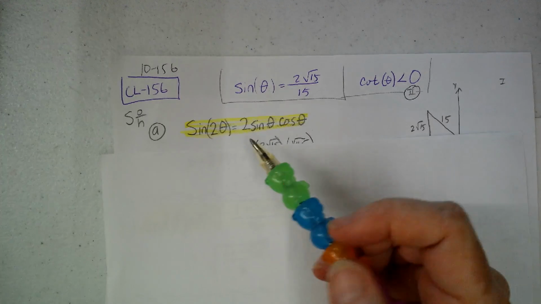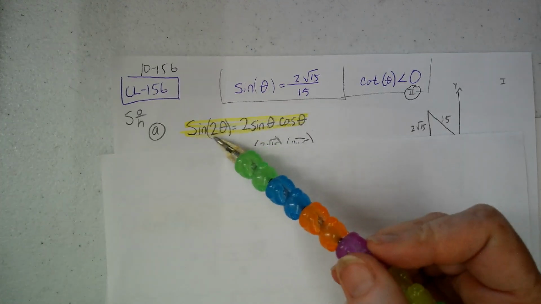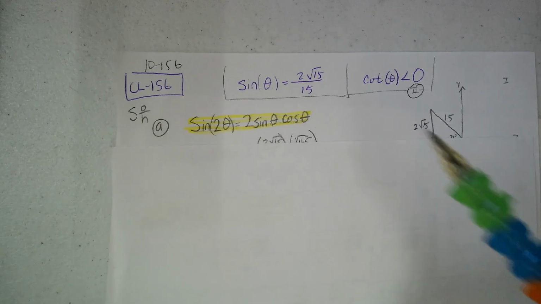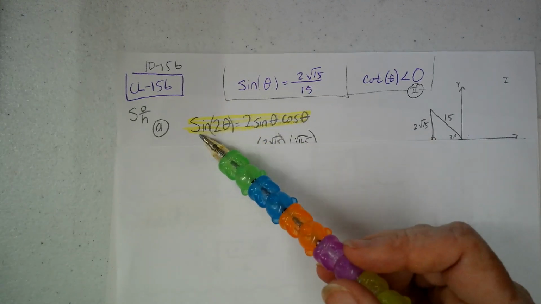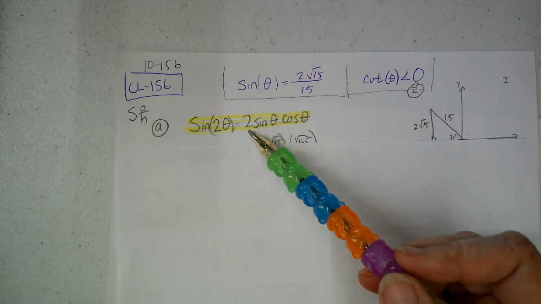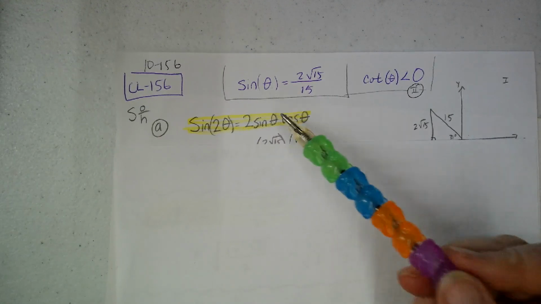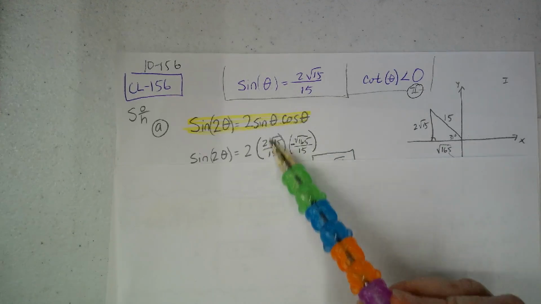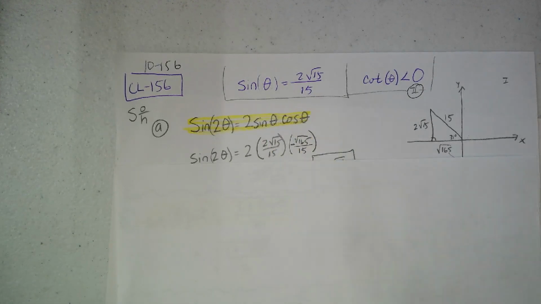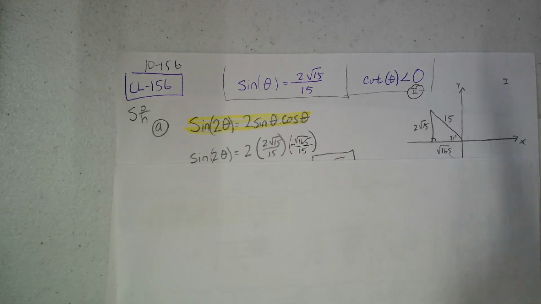And then the next thing we did is we remembered the double angle formula. We have it up on the wall. It should be in your magic books and in your math notes boxes. Sine of 2 theta is 2 times sine theta times cosine theta. Well, we know what sine theta is because they gave it to us, so we just plugged that in for sine theta. We had to figure out what cosine theta was, and we know that sine is opposite over hypotenuse,